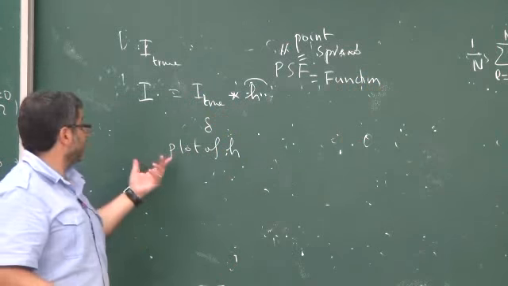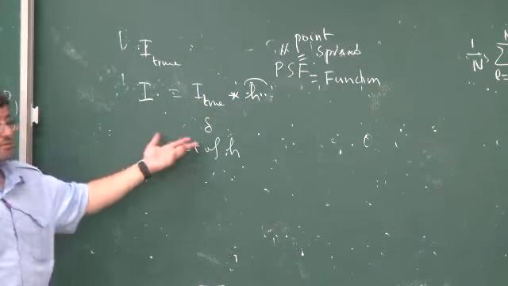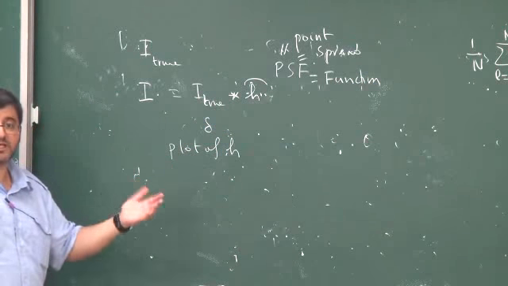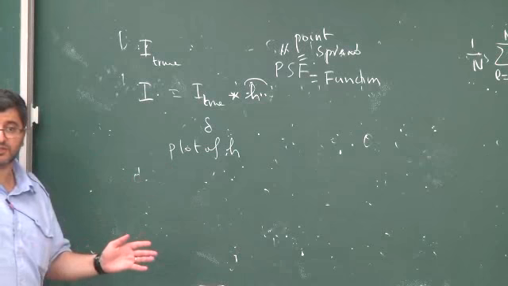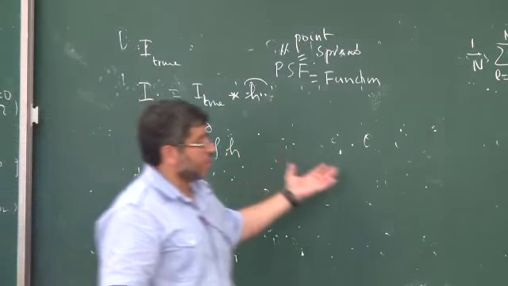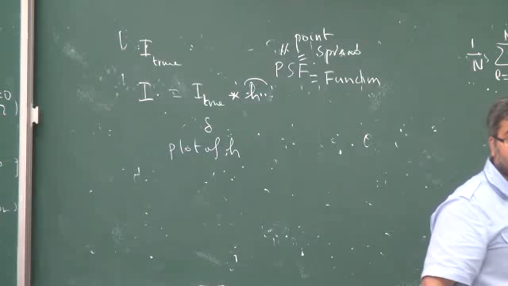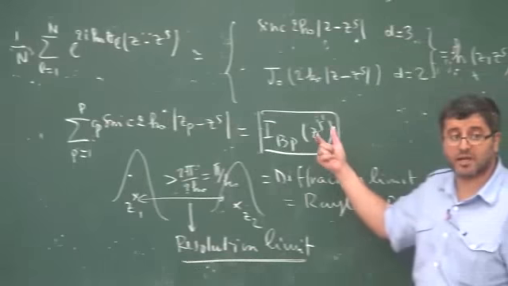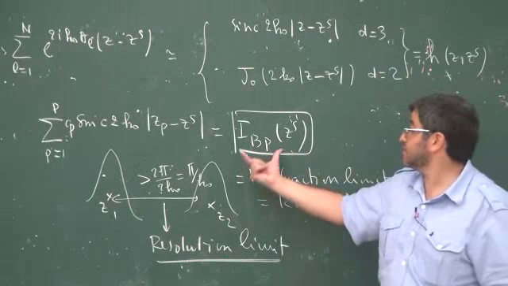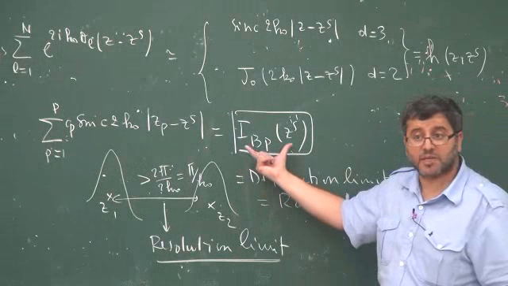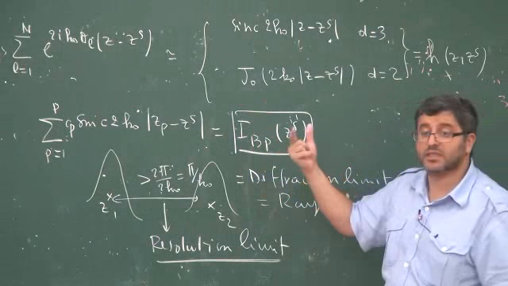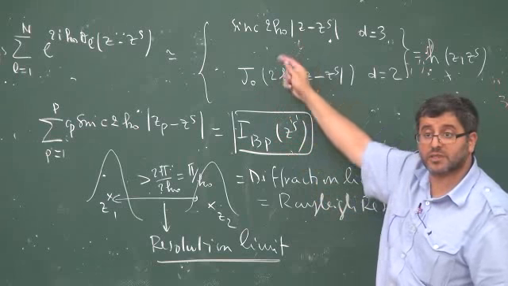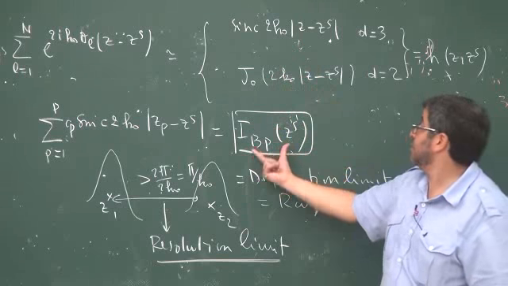The perfect image would be a delta function. You see it like a delta function. This is perfect, this is infinite resolution. But in your imaging system, this is exactly what we get. This is my output from the data. I have data, I have the true image, and this is my reconstructed image. If I link it to the true image, it's a convolution with this kernel. When the true image is a delta function, here I see the sinc function.